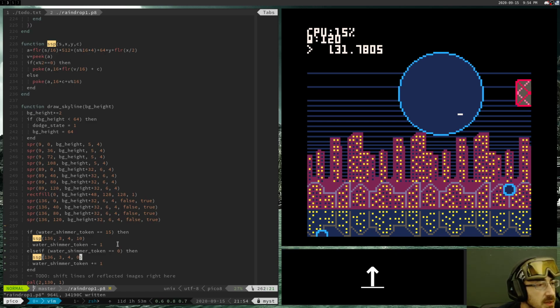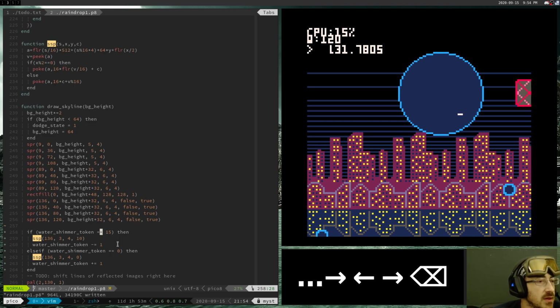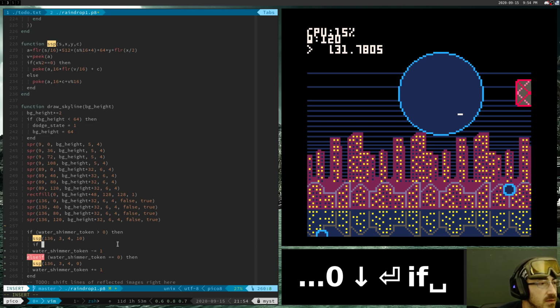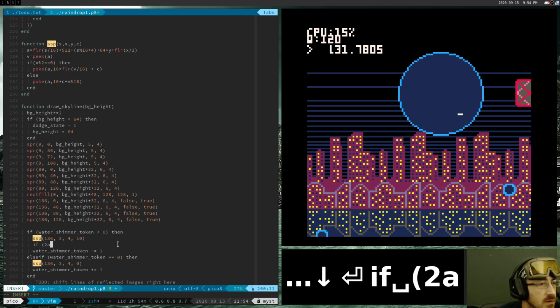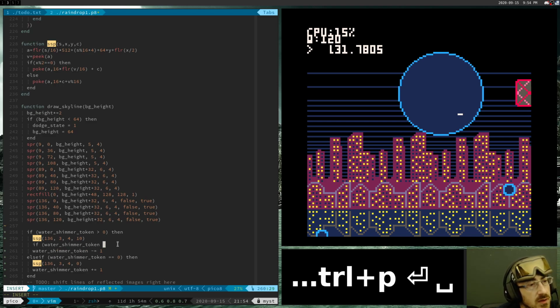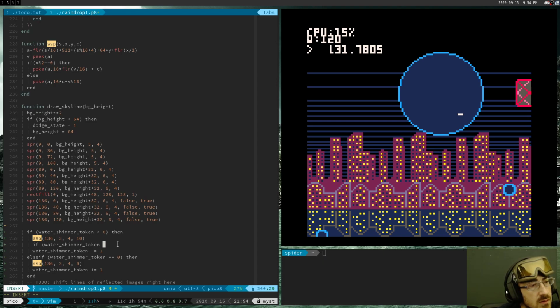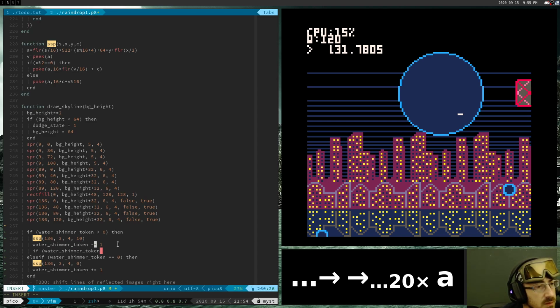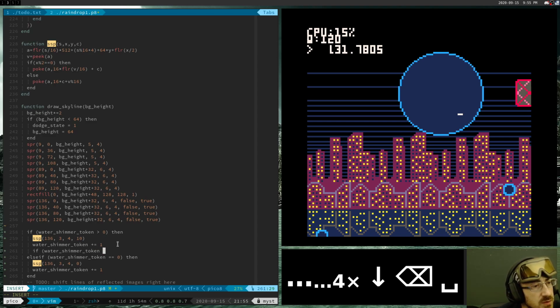No, it's not going to equal 0. It's going to be like less than. So if it's greater than, yeah, I think greater than 0. Greater than 0 if water shimmer token is, and then all right, if it's greater than 0, then show this and keep adding 1. The water shimmer token is